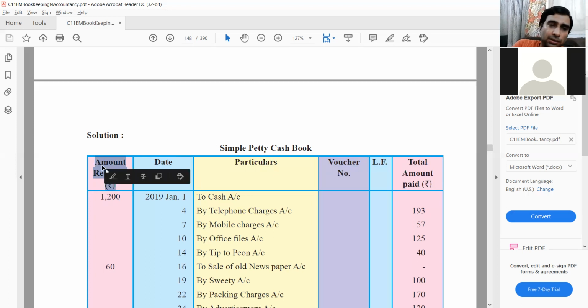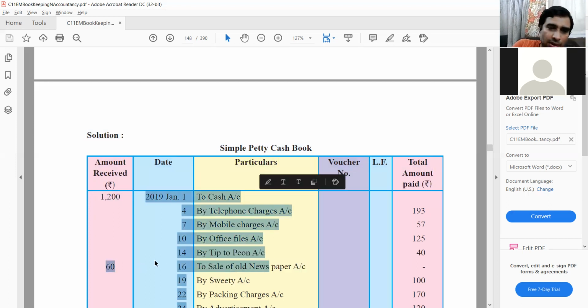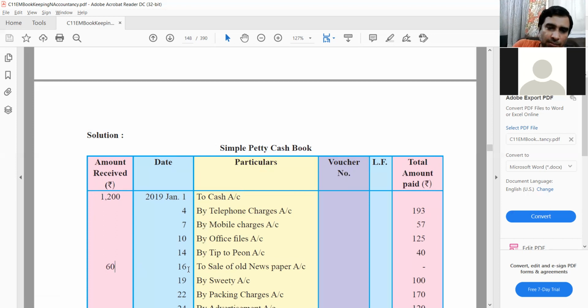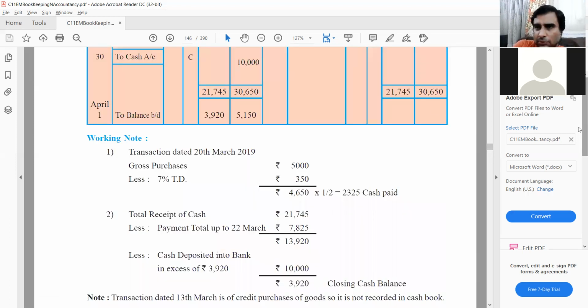Okay. So whenever money is put inside the box from the main cash, or when it is withdrawn from the bank, that will appear here on the left hand side. If you see, there is this small entry, 60 rupees to sale of old newspapers. So that's again a petty cash item for which you receive the money. So that's how it is coming on the left hand side. Otherwise, now this is fairly easy and intuitive. We'll go over the solved example, right?